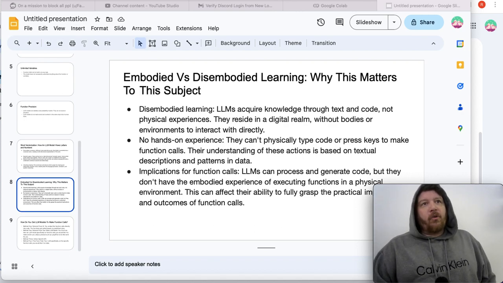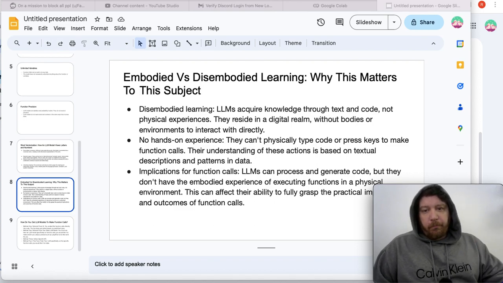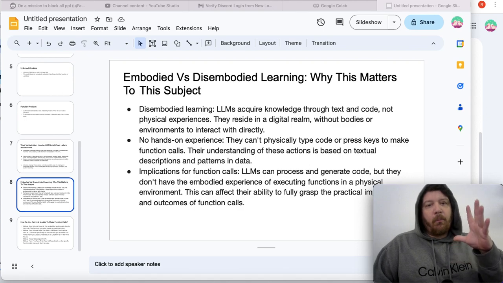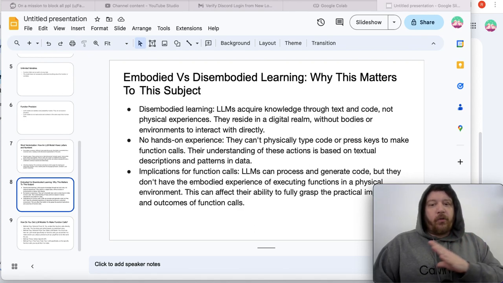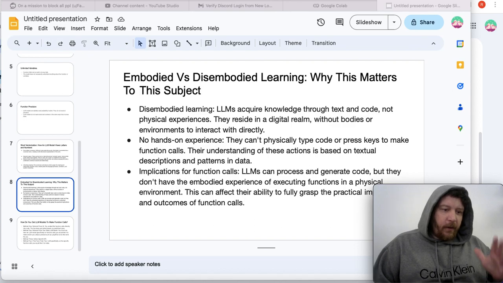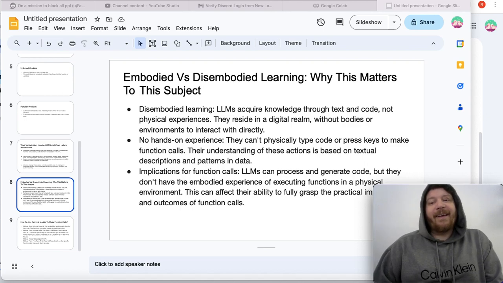If you want your LLM to be able to make calls, if that's your overarching goal, you come into this course and say, I want to build my own model that can make function calls on its own, and I want it to do it well, then you're going to be diving deep into reinforcement learning. That's what I want to bring up here, and why I'm bringing up embodied versus